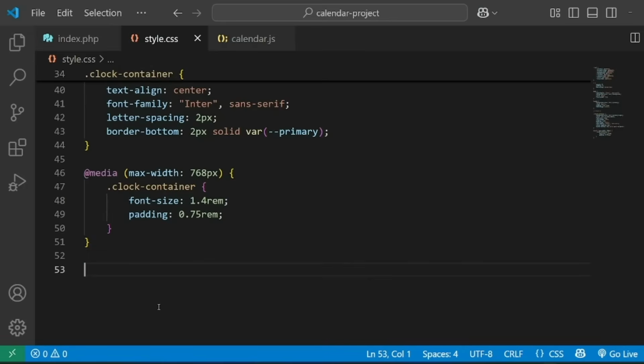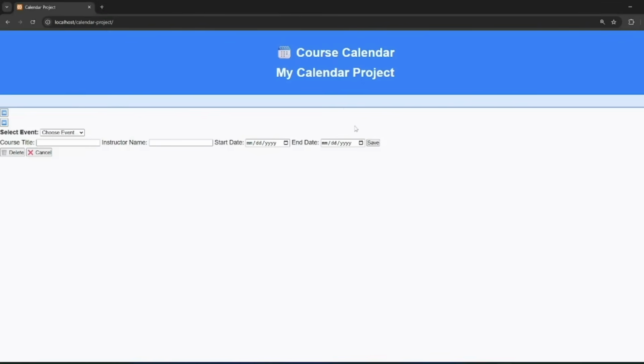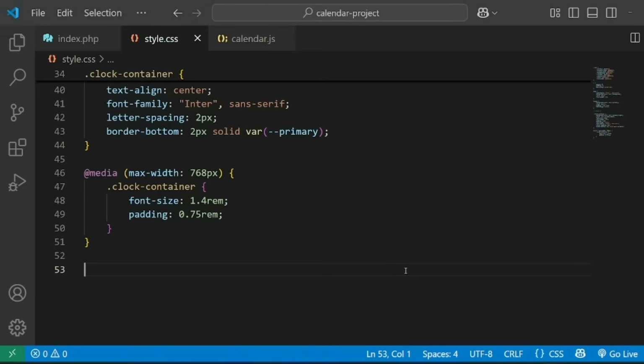Now we have finished our clock. You may have the question, why don't we have a clock running in here? Because we haven't reached the JavaScript section. When we reach JavaScript, we will create a function that will make this clock work and make this clock count further. Now we can go to the calendar section, calendar